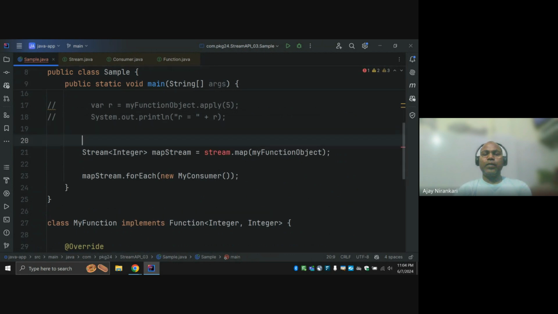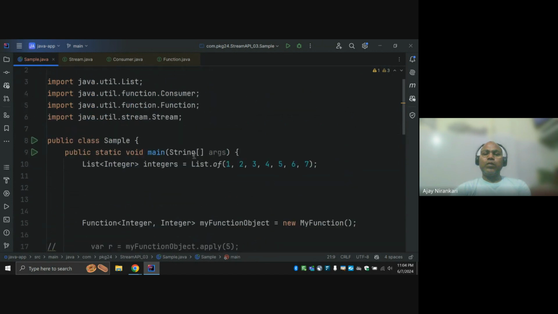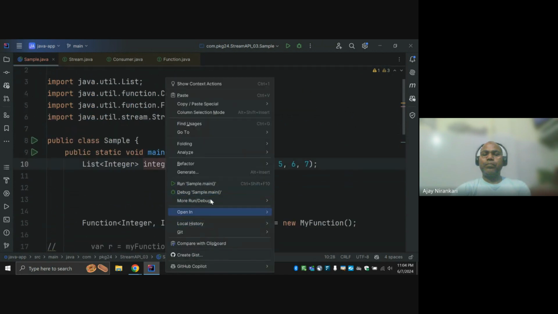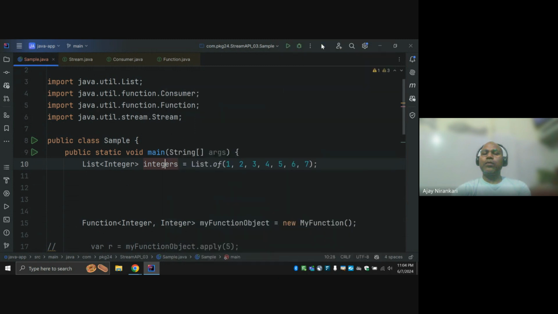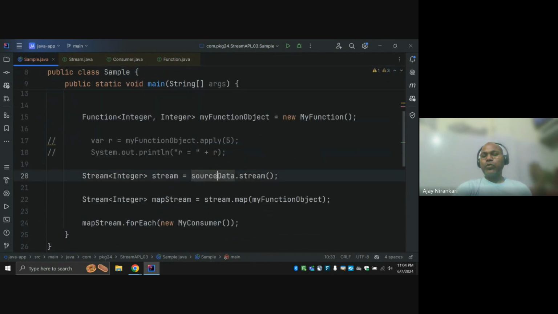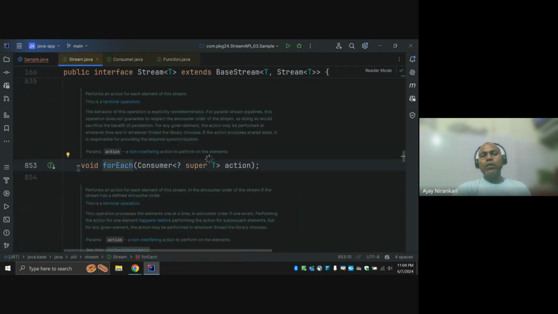Okay. So here you can say rename source data. This is my source of data. From source data, we can associate a stream. From a stream, we apply some kind of transformation. After this transformation, I can apply forEach, and can it return something again? Notice they cannot return anything, because this forEach function is the